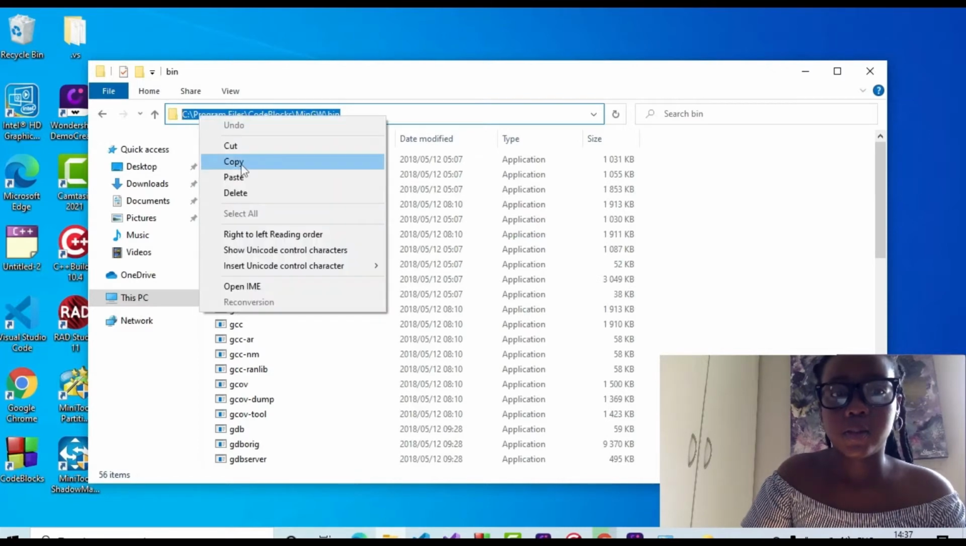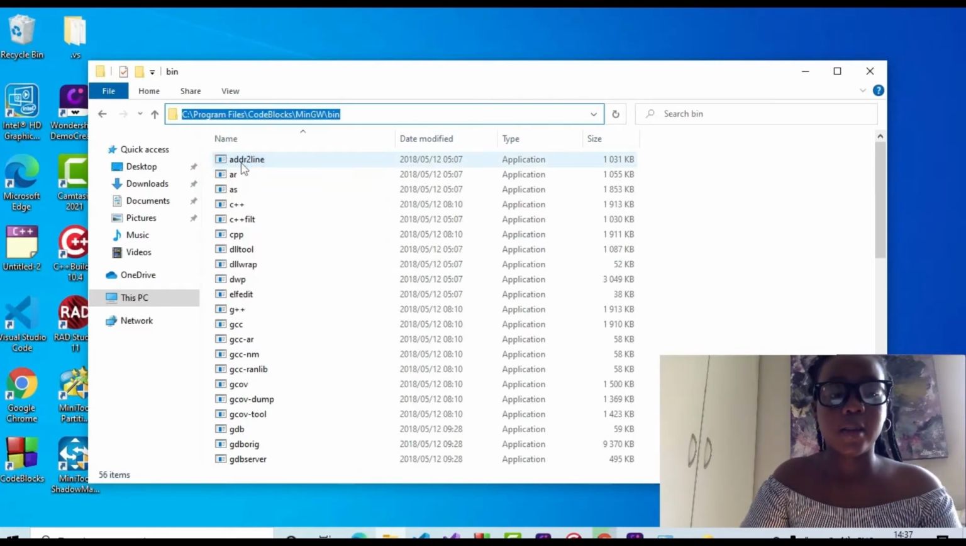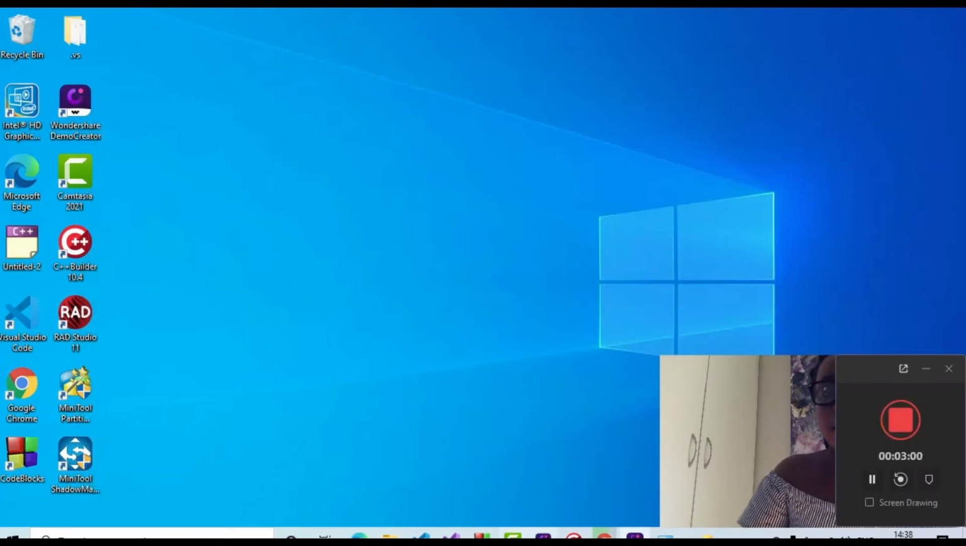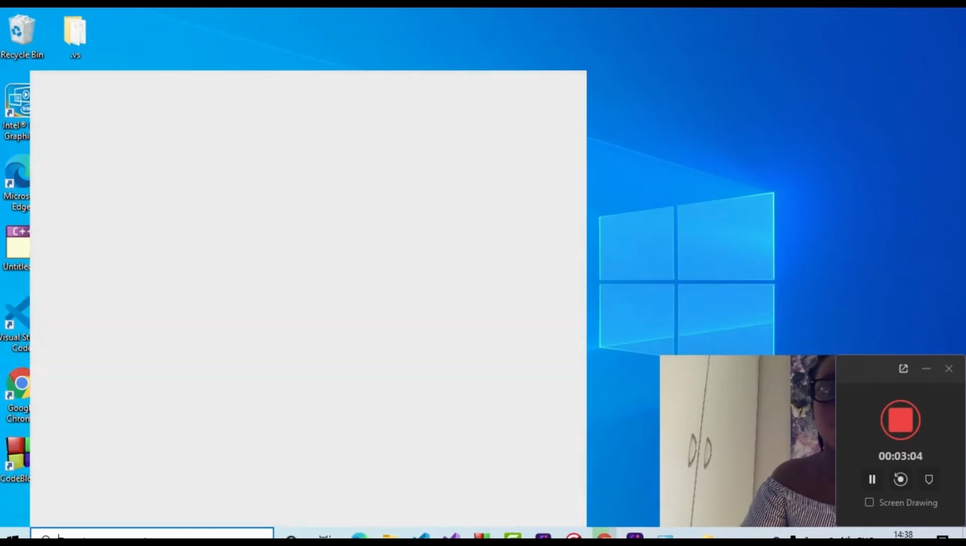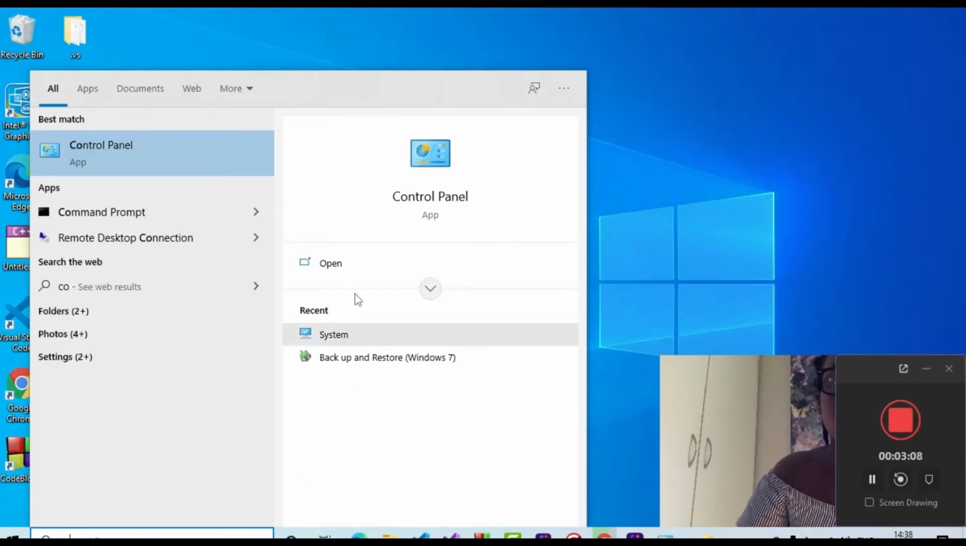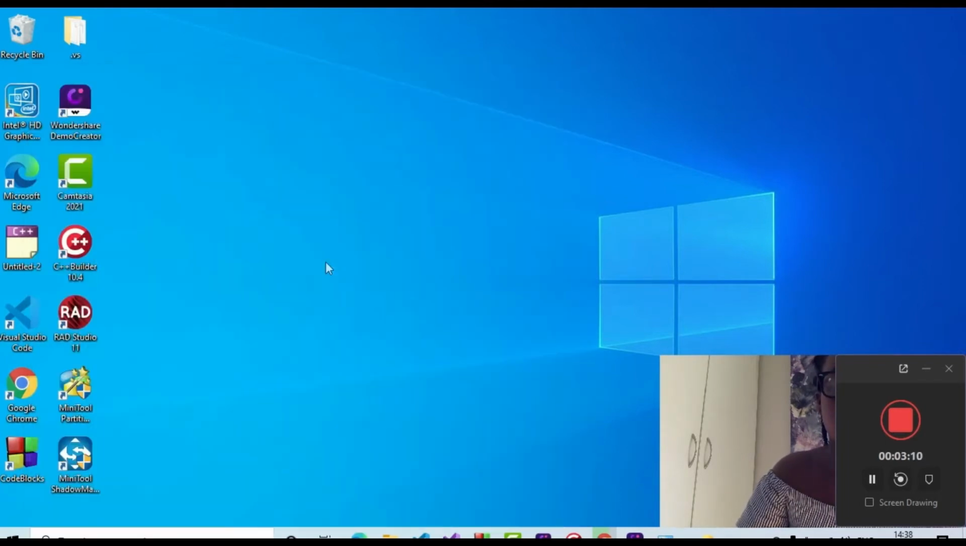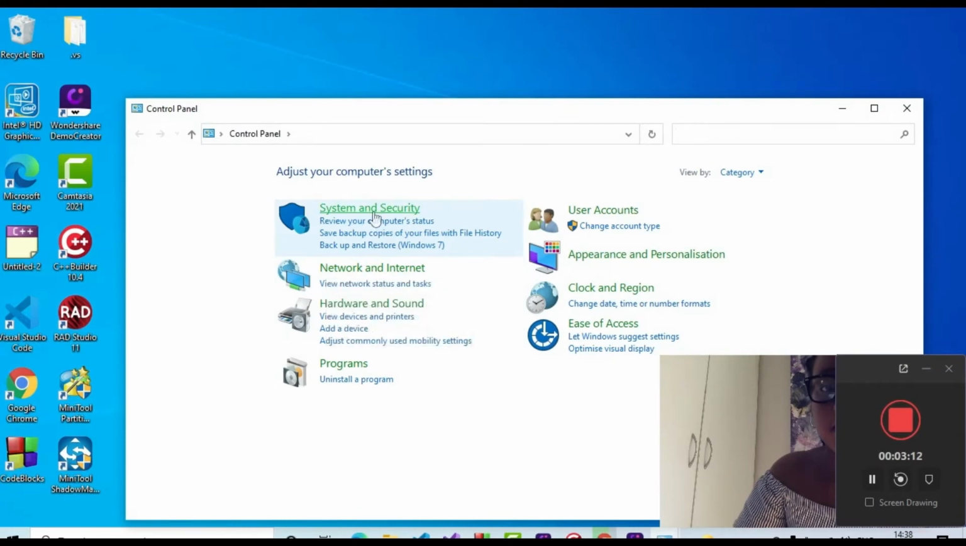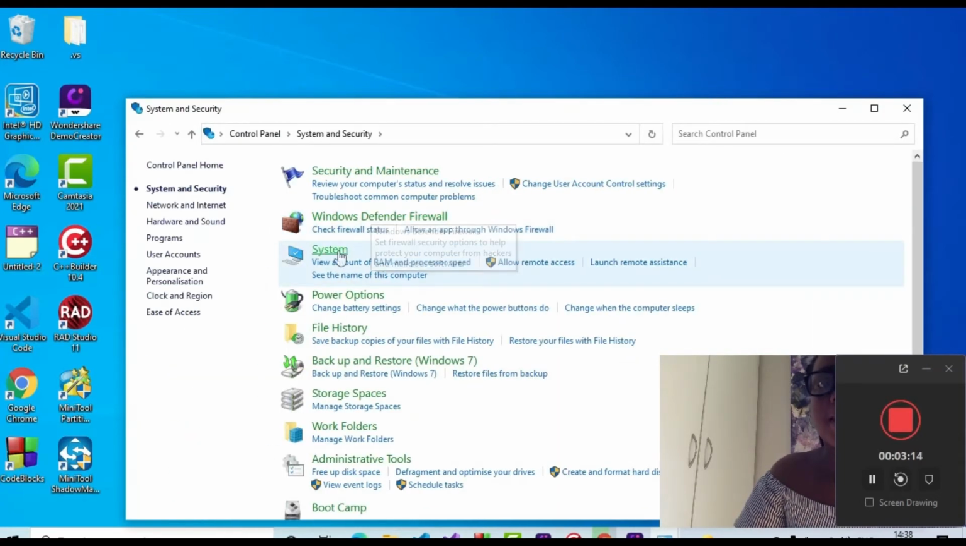So we're gonna copy everything that's here. Then after copying this path, you're going to exit over here, or if you want, you can use control panel to add the path. So you're gonna say control panel on your Windows button, then system security, then system, or